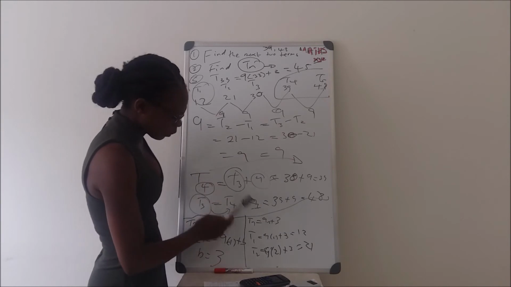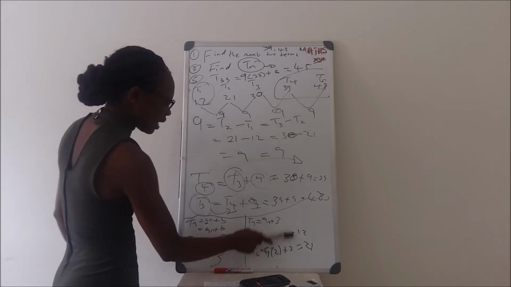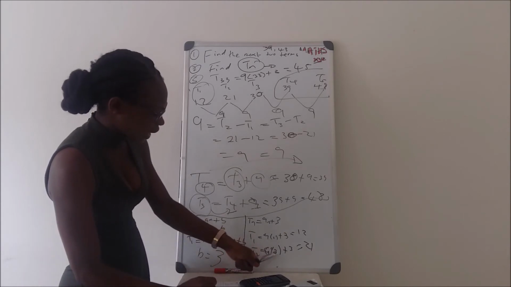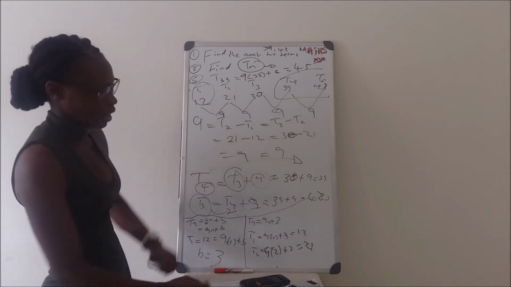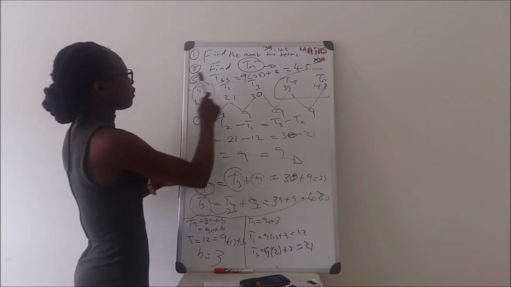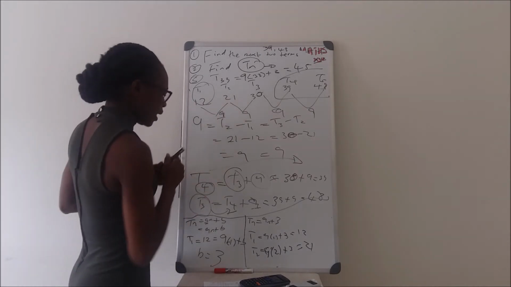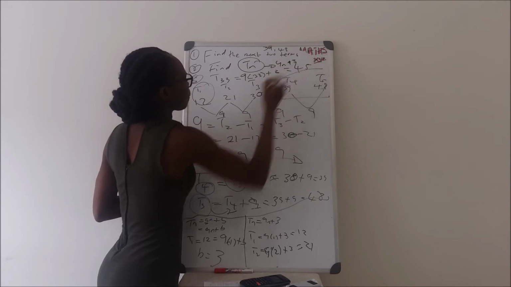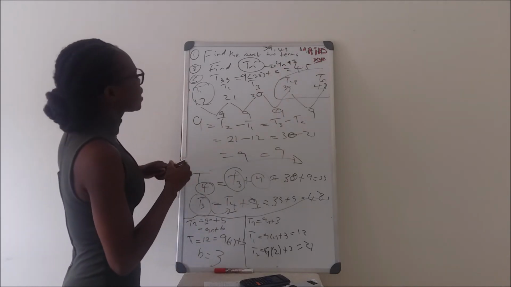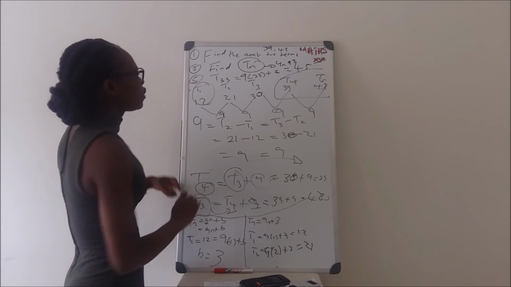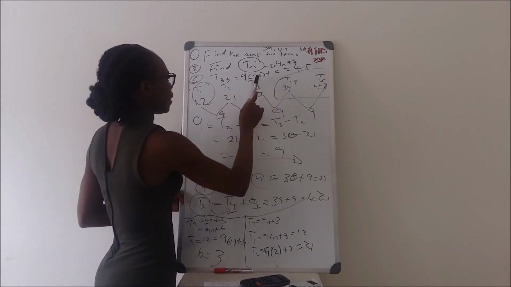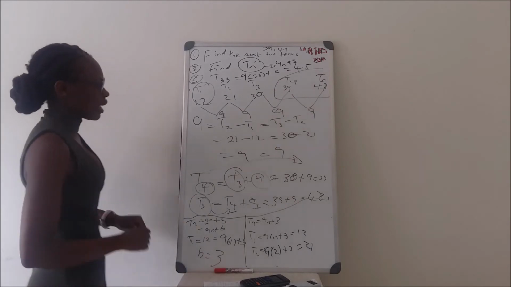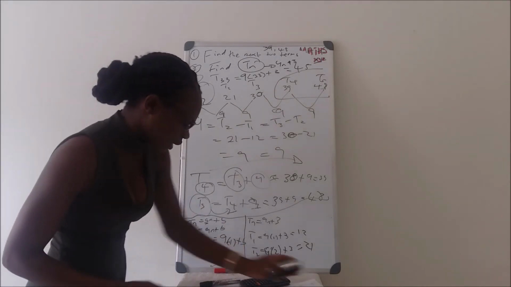From there, now that we have B equals 3, we just make sure that the expression that we got is correct by substituting 1 and 2 to get the very same pattern that we have there. Right, now the second question is answered, which is Tn equals 9n plus 3. And the third question says we must find T33. So where there's n, we replace it by 33, which is what we did here, and we got 45. Alright, let's do the next question,